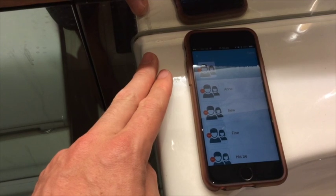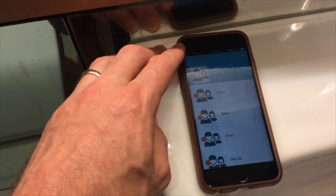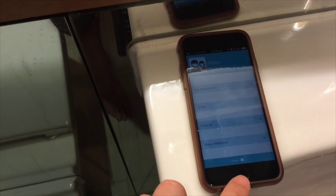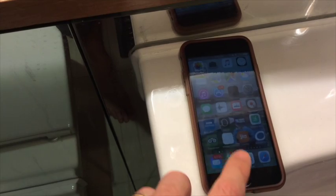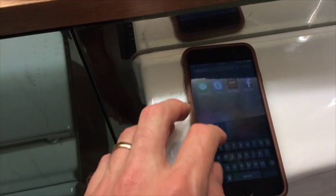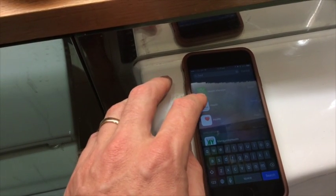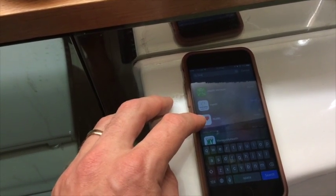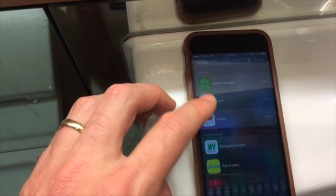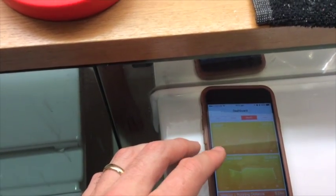The first profile shows with Apple Health, and Apple Health is a separate application that's set up when you first open the app. Search for health here, and it's the one with the heart. A weight, a body mass index,